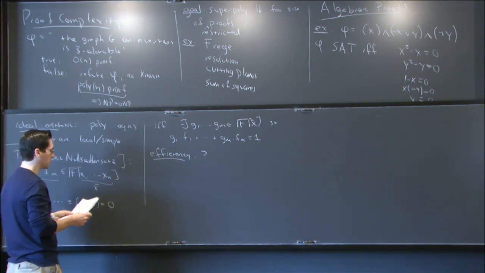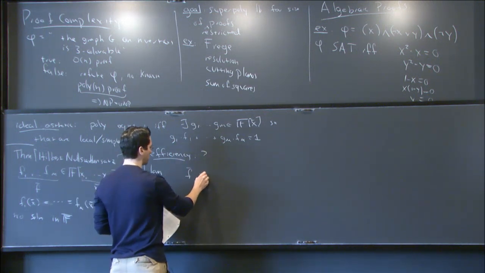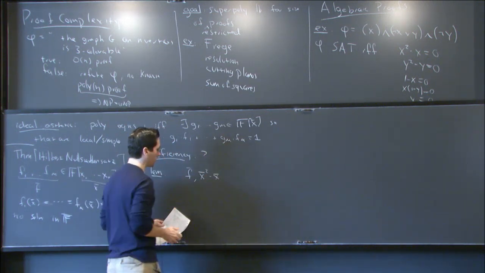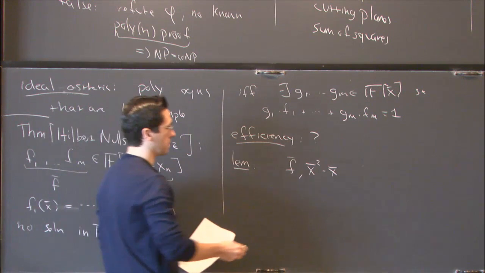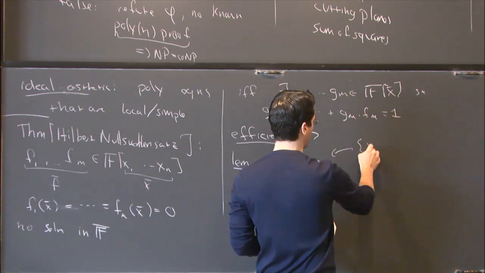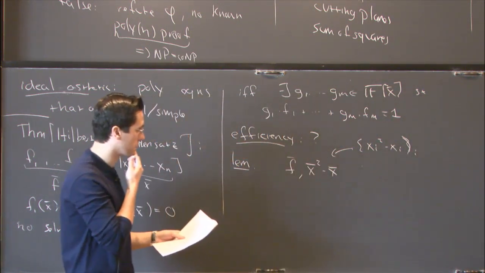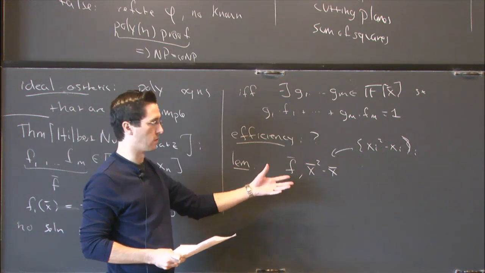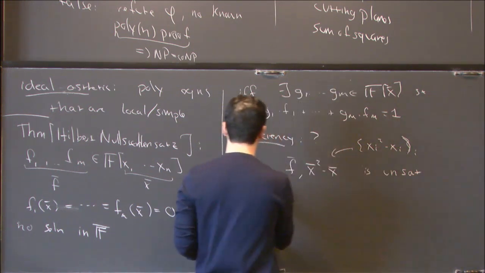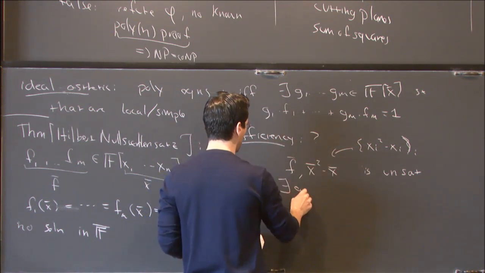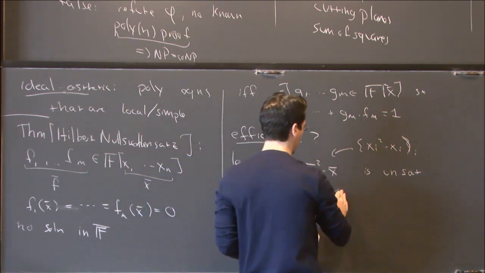OK, so the lemma here is: suppose that you have a system of equations which I'll write this way. f here is going to be, again, some vector of polynomials. This notation here, I'm just going to write for the set of equations xi squared minus xi. So this is some system of equations. We want to know whether it's satisfiable. And this is unsatisfiable if and only if there exists a g and an h such that the same sort of equation holds,